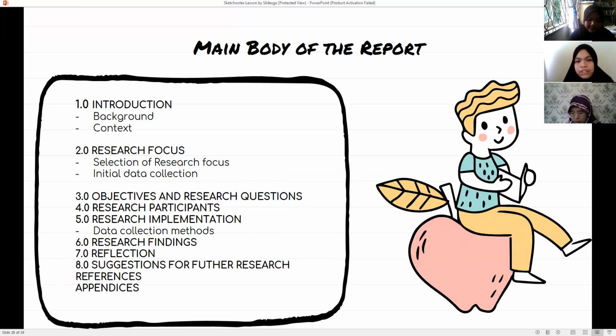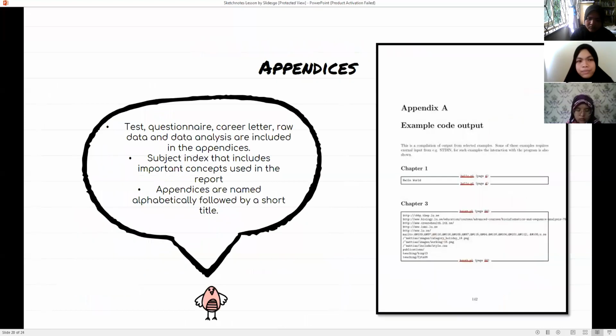And then we have the research implementation, including all our research methods. And the sixth one is the findings of our report. And then we have the reflection, and finally, the suggestion for further research. And we also have the references and appendices.